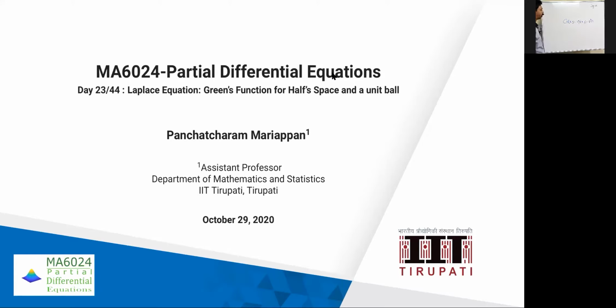And for the corrector we defined minus del y phi x equal to 0, and then phi x equal to Phi of x minus y on the boundary. So this is what we have defined for the Green's function. Now we are going to define it for the half space and other domains. Before that, we are going to prove one more thing: that this G of x, y is symmetric, that is, G of x, y and G of y, x are the same.